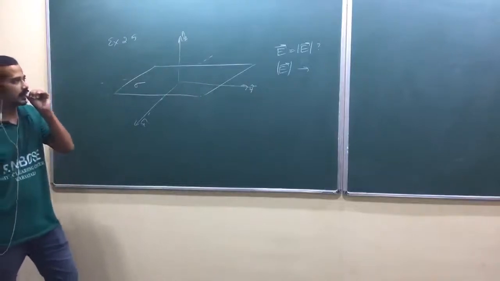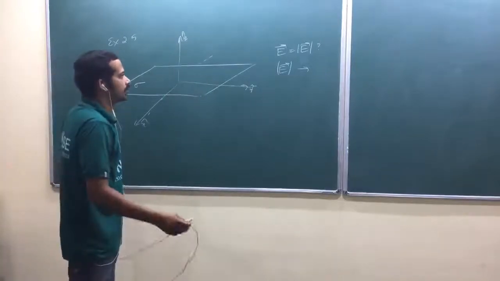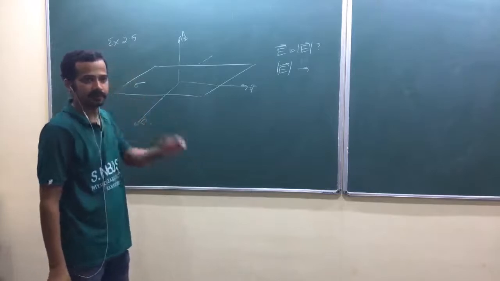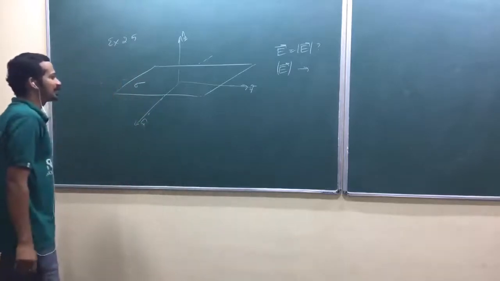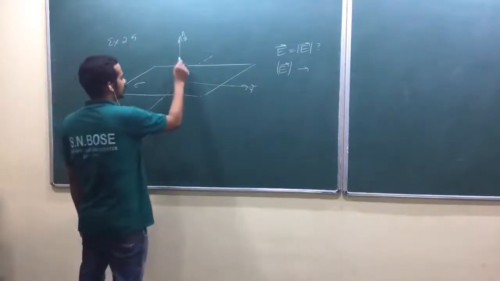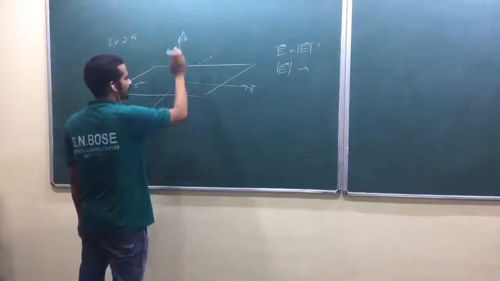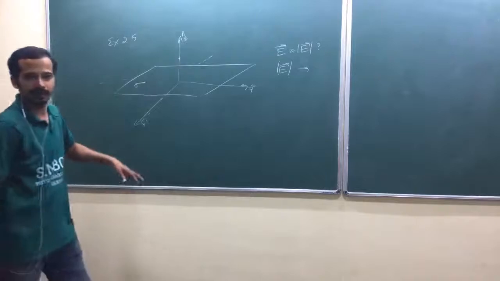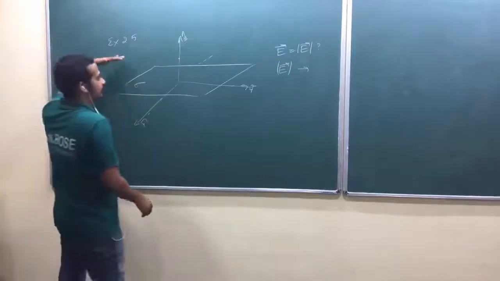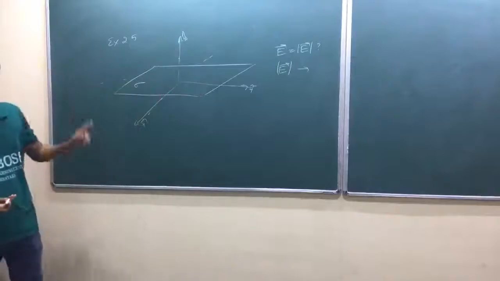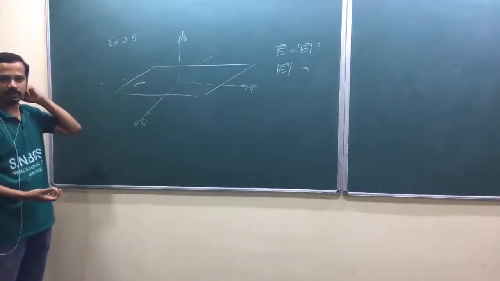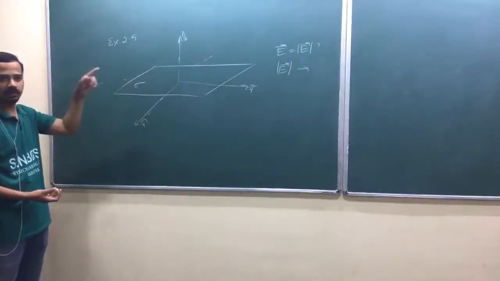So what is the possible direction of the electric field? Why? Symmetry. Yes, you have to argue again. Take any point just above the plane. It is infinite, okay? So when you move along the y-axis or x-axis, you will not feel any difference. I think I have taken this while discussing classical mechanics somewhere.